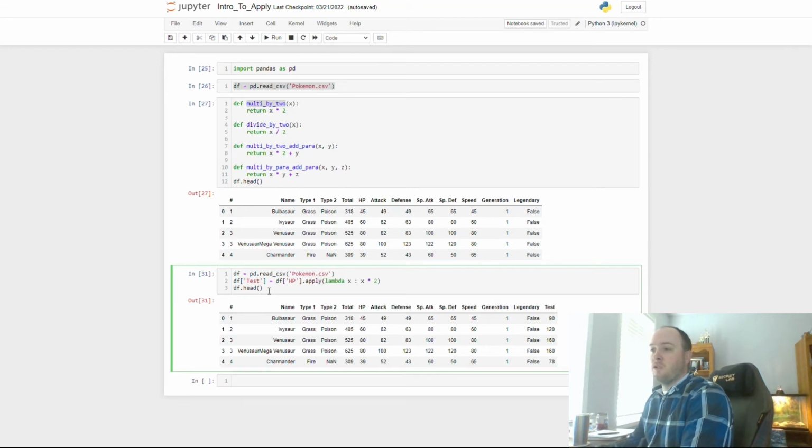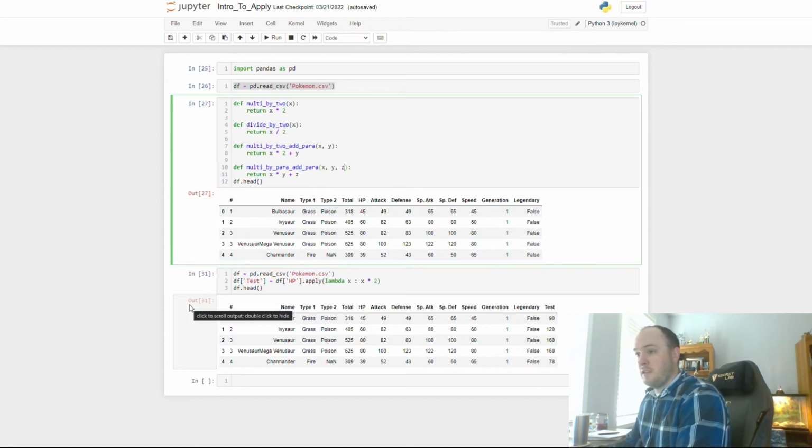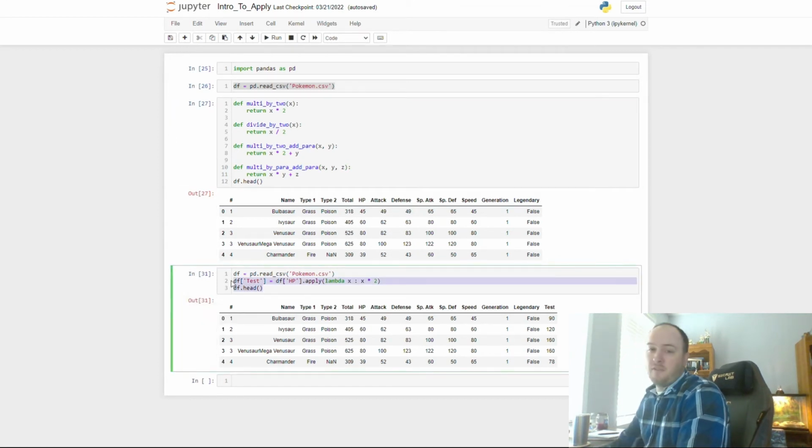So the last thing that we're going to look at with the apply function is how to use multiple parameters. So you can see here that we've got a function that takes 3 parameters, right? So how do you work with these? Well, the easiest way to work with these is a Lambda function. Now I know that we had just said that Lambda is not necessarily the best, but in this situation we're not doing Lambda in the same way as we were before. So we're just going to do our new column df test equals